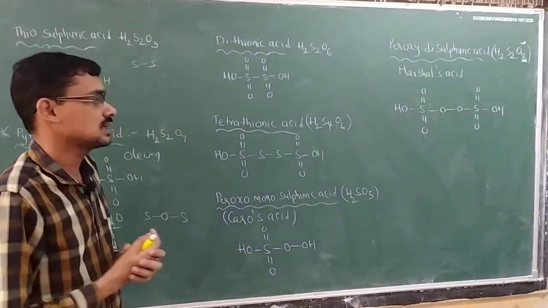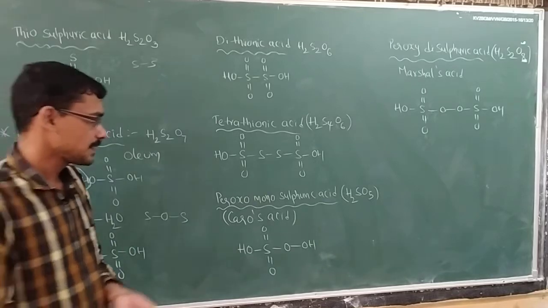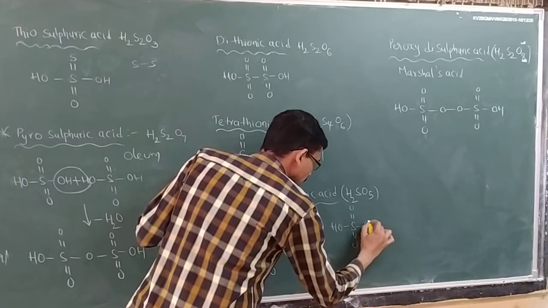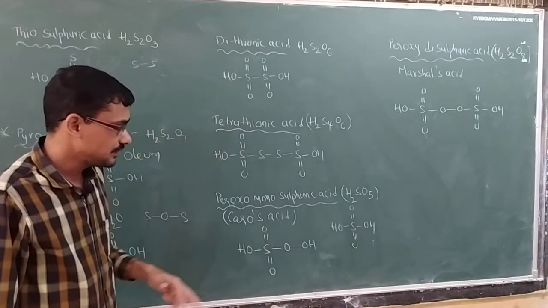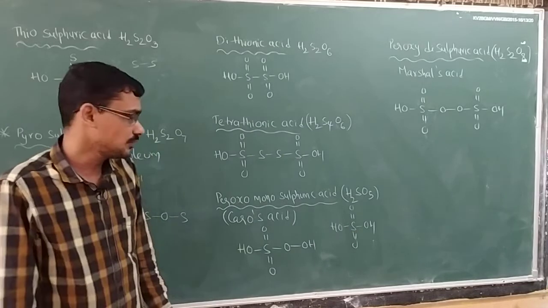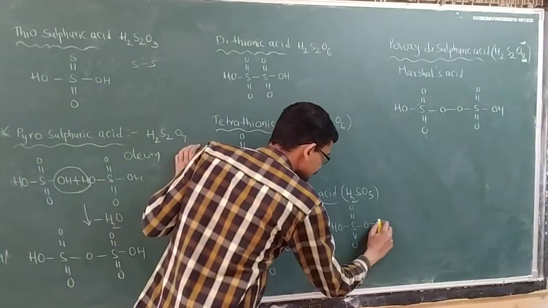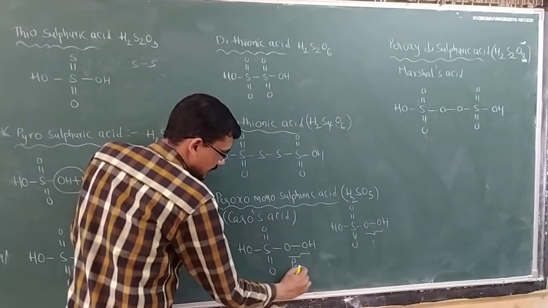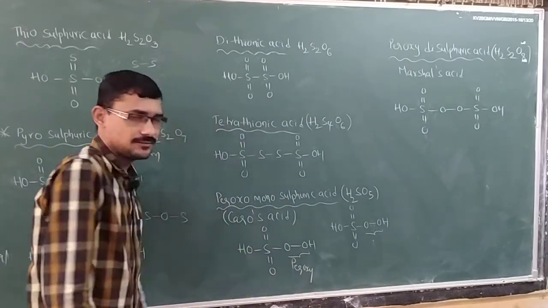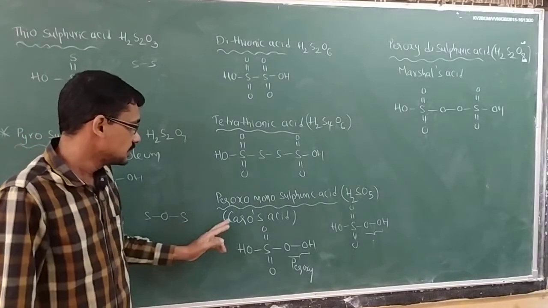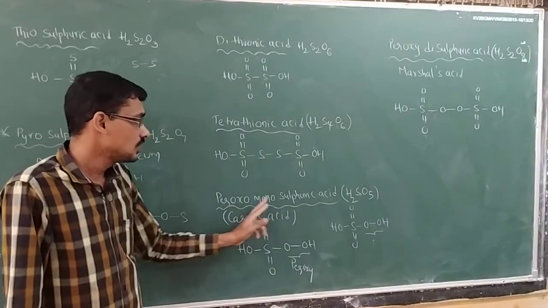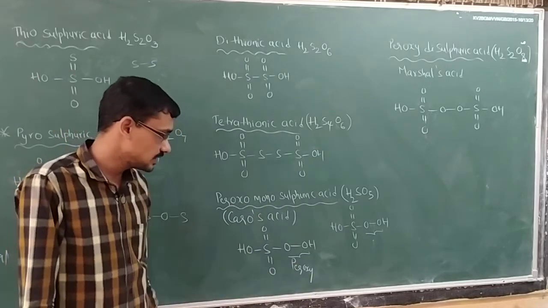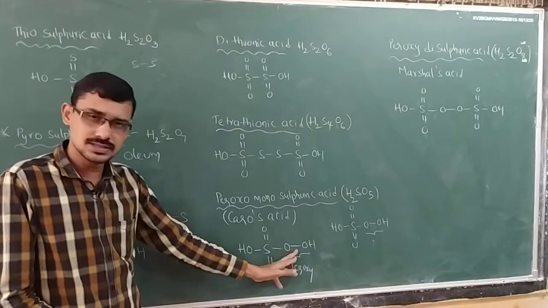Next, peroxomonosulfuric acid. Again you take sulfuric acid. What is sulfuric acid? HO, S double bond O, S double bond OH. Now between sulfur and oxygen, we put one more oxygen here, like this. Now this linkage we call peroxy linkage. How many sulfuric acids have I taken? Only 1 sulfuric acid. Therefore, peroxomonosulfuric acid, H2SO5, isn't it? If you know sulfuric acid, keep one oxygen here, and we get this one.